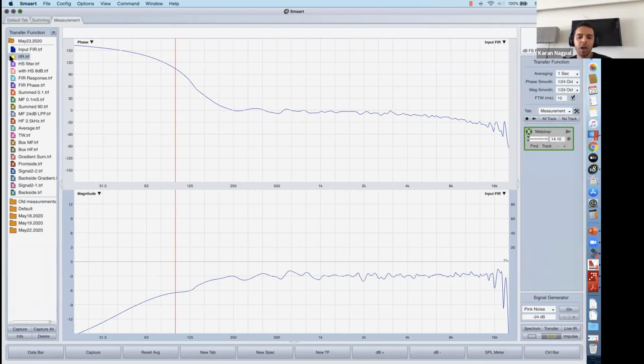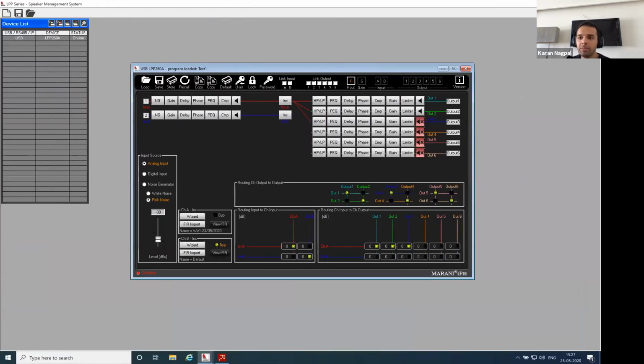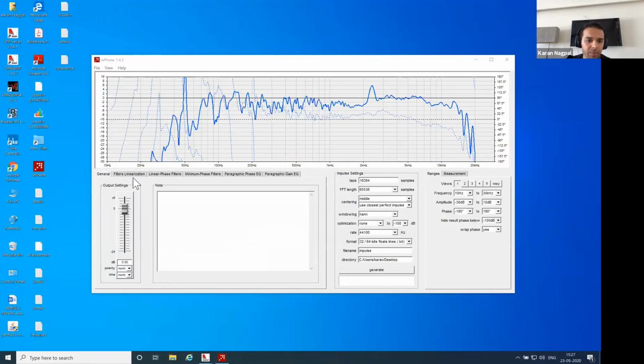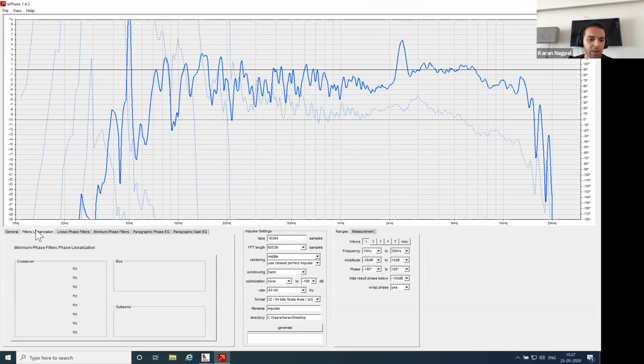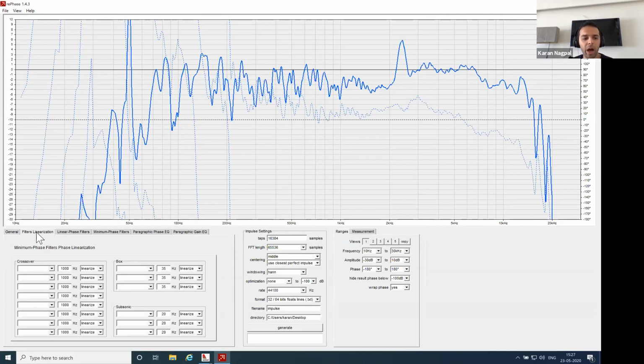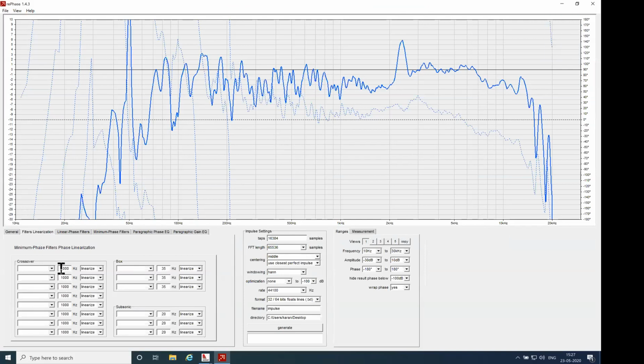You average it. For example, you need to give it to third-party software, like you see Rephase, right? This is the original trace, and in Rephase you have to tell the filter that you want to linearize because you're using a crossover inside.